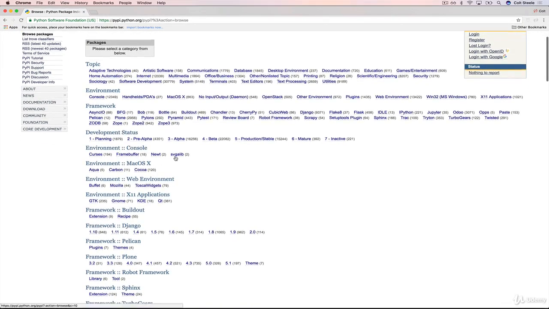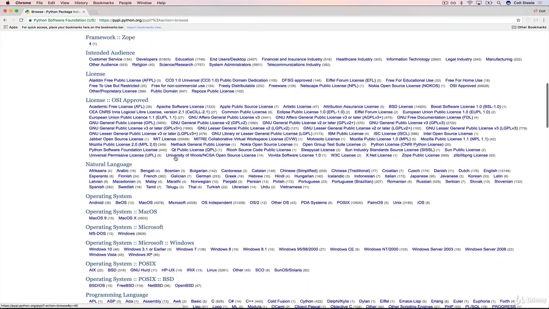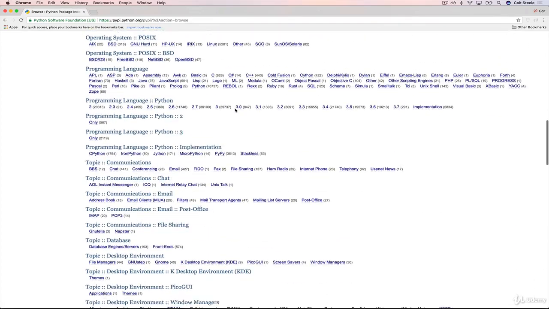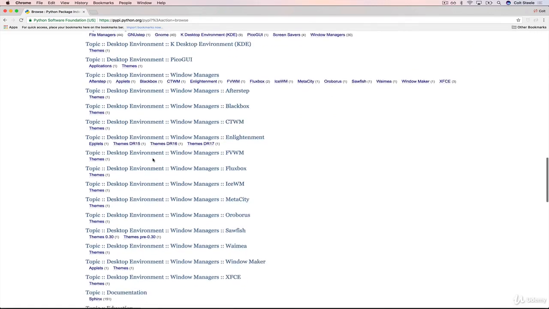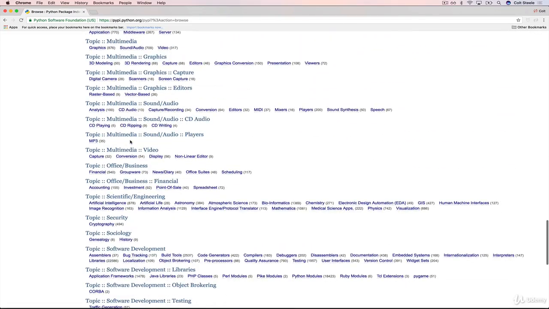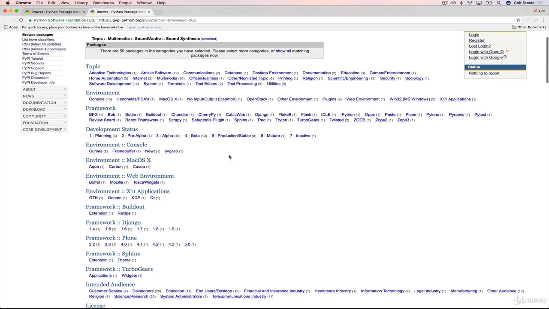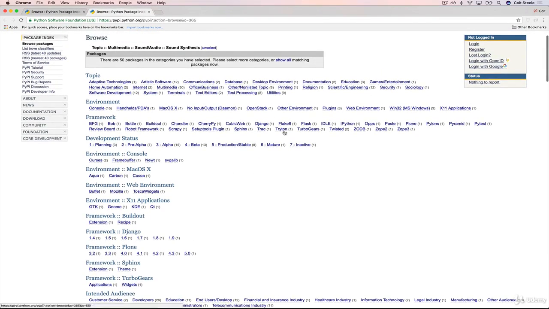So there's things like natural language processing, Mac specific, desktop development packages, internet packages, graphics and audio packages. Here under sound synthesis, there are packages that will help us generate square waves or make noise, make musical applications.